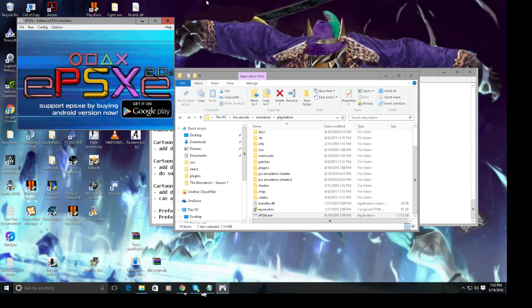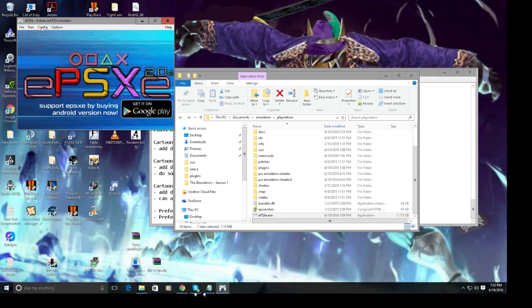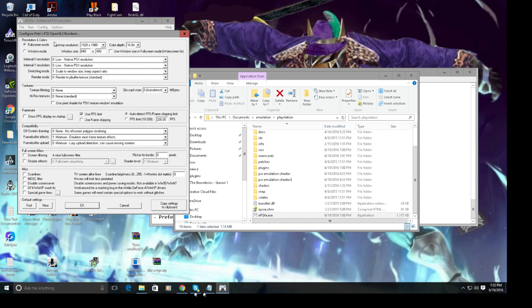That's good. Okay, so we're going to close our emulator, and then it'll allow us to manipulate the video, and so we're going to just crank it up. I'm pretty sure I've got a good enough video card. I think this computer is pretty decent, so